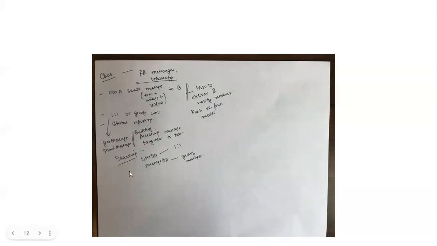So the last one I have here is for chats, Messenger versus WhatsApp. Again, push versus pull model is one idea I captured here, and then one-on-one conversations or group conversations. The way I was interpreting and applying it to the design is coming from the sharding aspect. If I have simple APIs like get message and send message, and I'm sharding based on, let's say, user ID, where client A sends a message to client B,